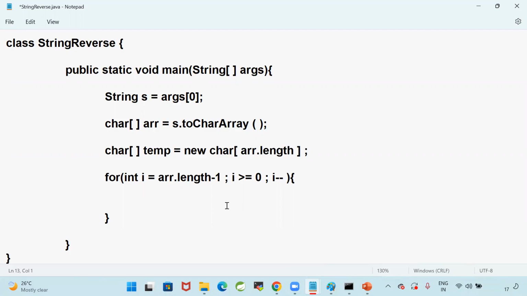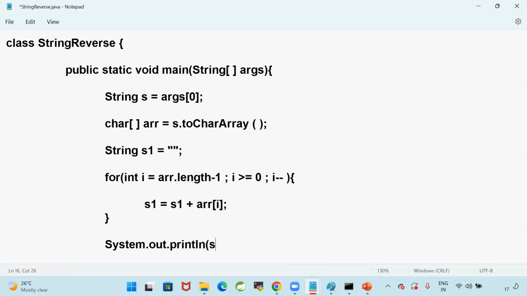Yeah, directly you can store. Then it will become a second approach: taking a string variable and appending the character to the string. That's also fine. So if you want that, we can do it. String s1 is equal to empty. Okay, now what can I do? s1 is equal to s1 plus array of i. Right? Now I can print